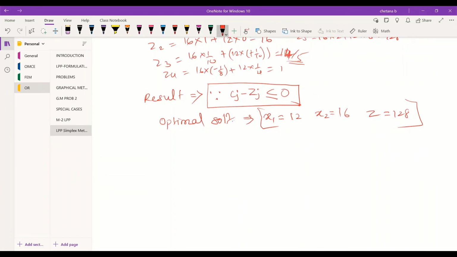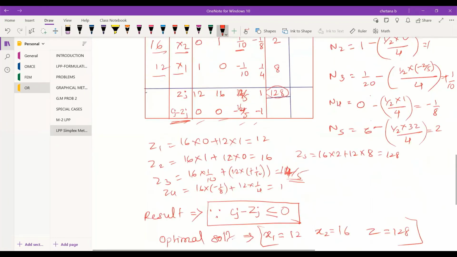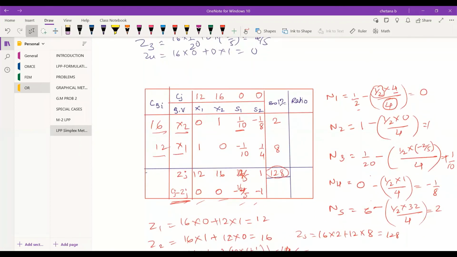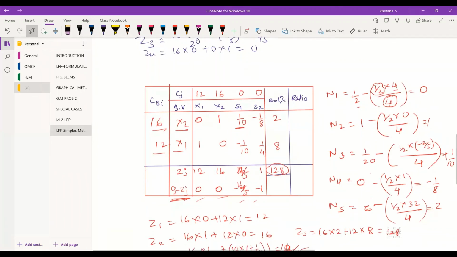Yes ma'am, yes ma'am. Okay, so tomorrow also we will take up the same simplex method, but the minimization problem. We will keep till the simplex one. Can you scroll down to the solution once again? I will send this. You can just go through and practice, please. From here, your part will start.